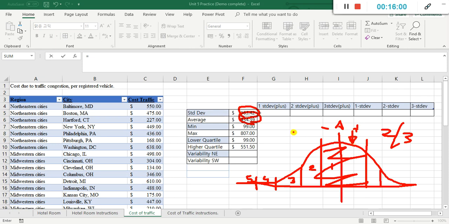434 minus 163 is here. Okay, so that's one standard deviation. And then two standard deviations is the same thing. When I add this number 2 times and when I minus this number 2 times, that means 99% of the data is gonna be there. 99 point, what was 99.1? I can't remember. So in this case, 99% of the data is gonna be within 2 standard deviations, and then